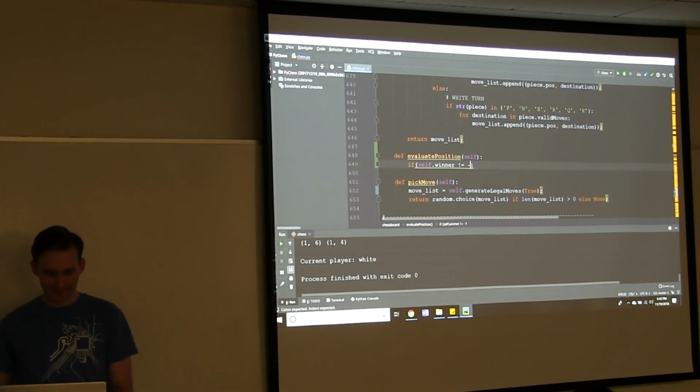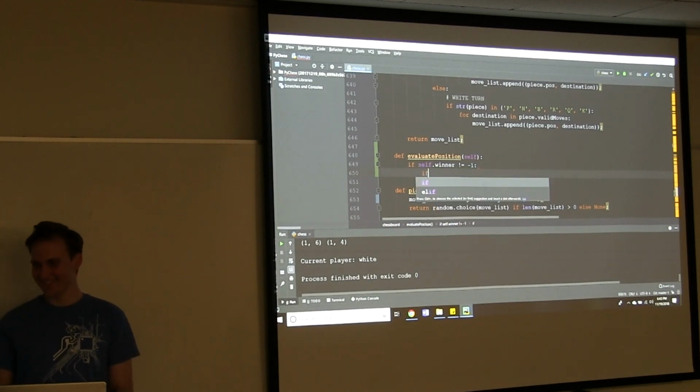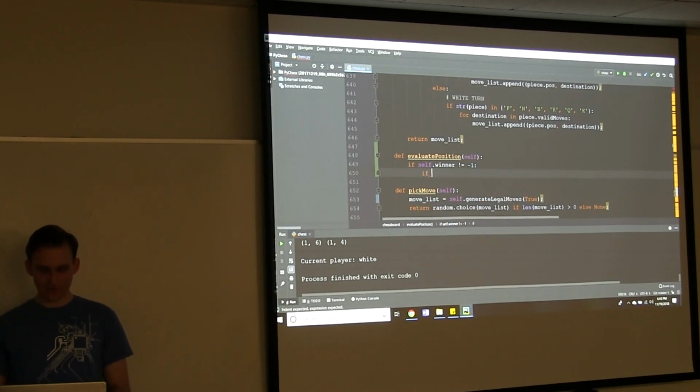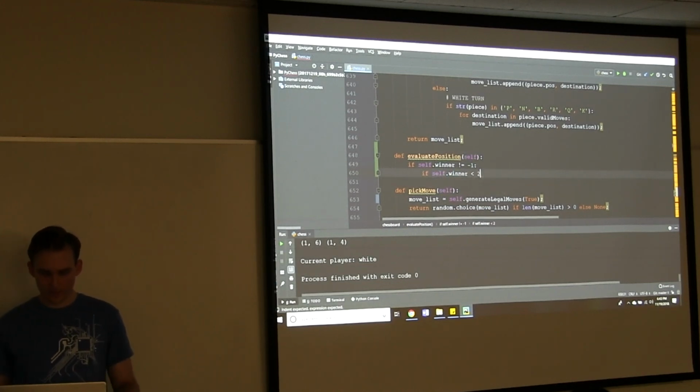You know what, I'm going to make an effort to make my code a little more Pythonic, just to ease it on you. Sorry. Okay. So that's to start with. If there is a winner of the game, then we're going to have a conditional for if it's white, if it's black. So winner less than 2 is essentially saying if it's white or black, because it is possible for it to be a draw.